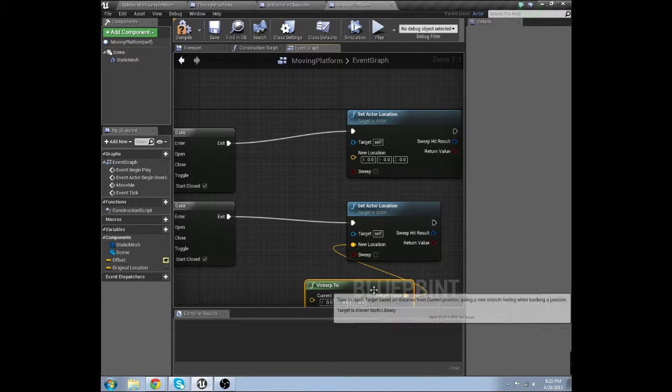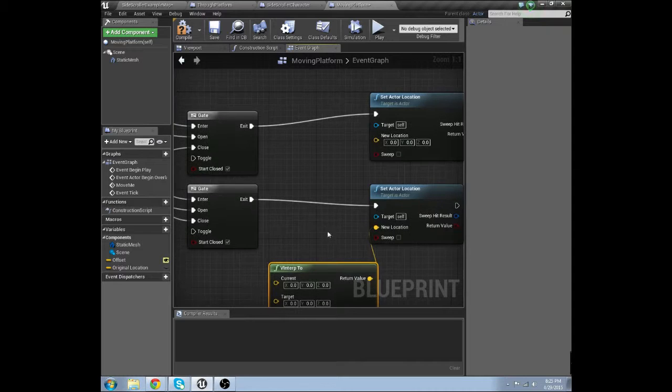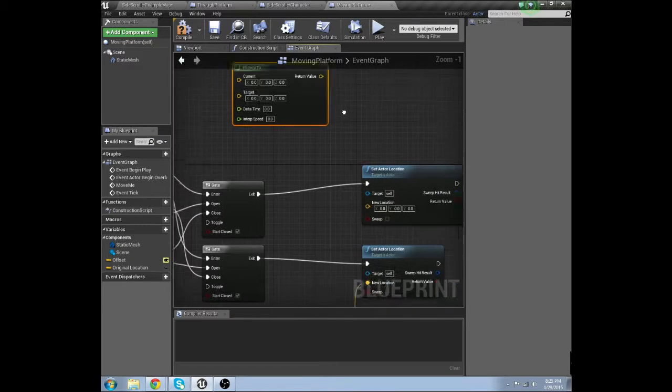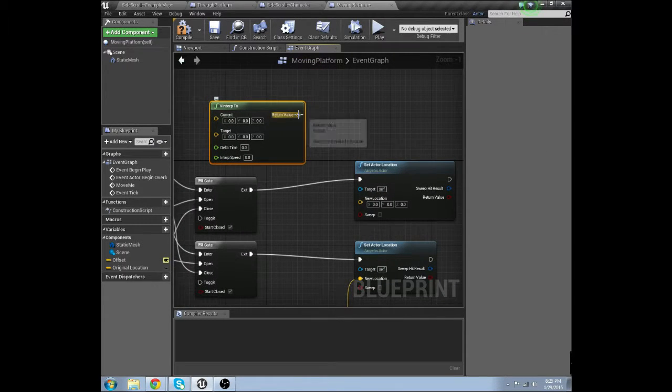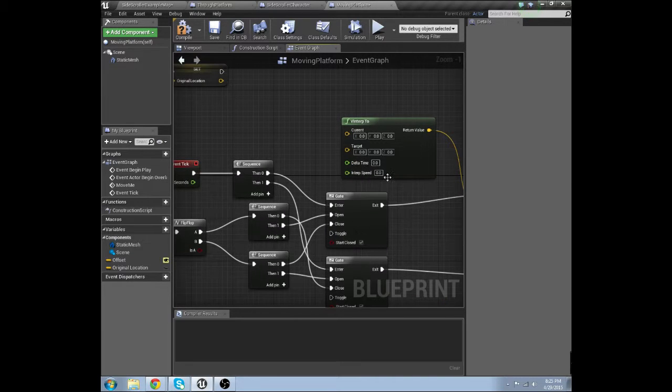Hey TK4, I'm glad to hear your rotations are working. I told you, man, tick will mess you up if you're not careful with it. Once you get rid of that tick, everything works better. But in this case, we actually need tick because we want it to be checking on frame, which sucks. I really don't want to use tick, but